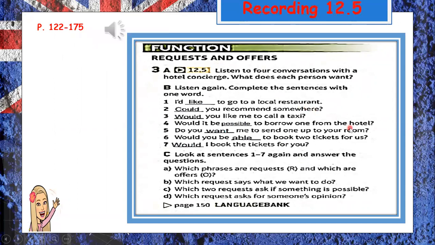Unit 12, recording S12.5. Conversation 1. Hello. Hello. How can I help you? I'd like to go to a local restaurant. Maybe something with traditional food. Could you recommend somewhere? Yes, of course. Hang on. We have a list on a map. Okay, so here's the hotel. And if you want to walk, you can go to this one here. This is a reasonably priced restaurant that serves mainly